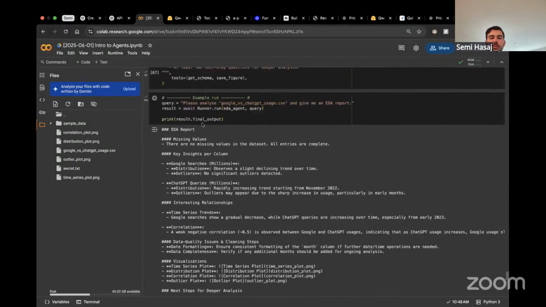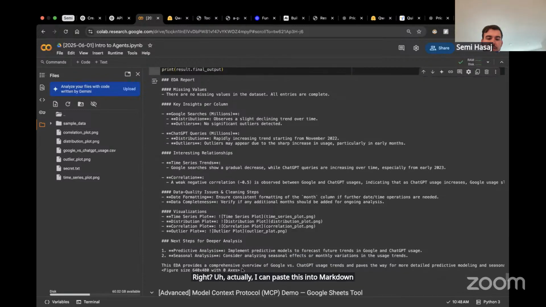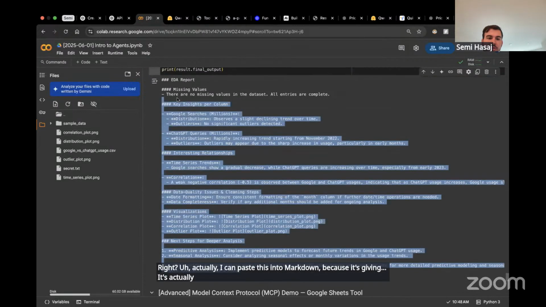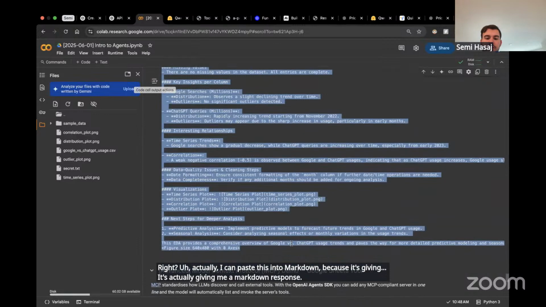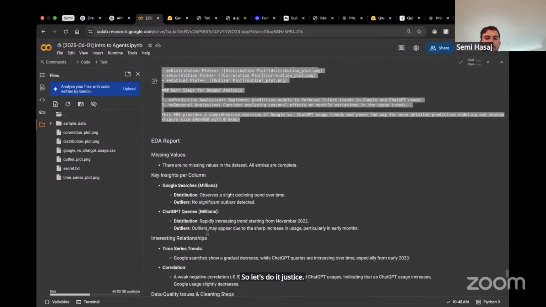Okay, perfect. So it actually did execute. And this is the report it gave me, right? Actually, I can paste this into Markdown because it's giving me a Markdown response. So let's do it justice. Cool. No missing values.